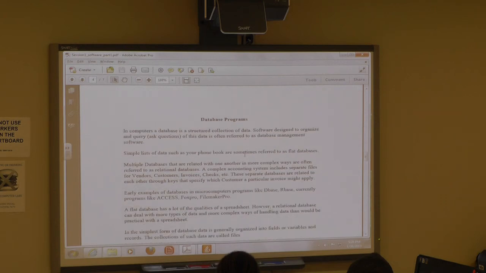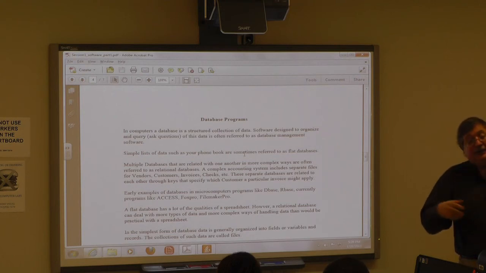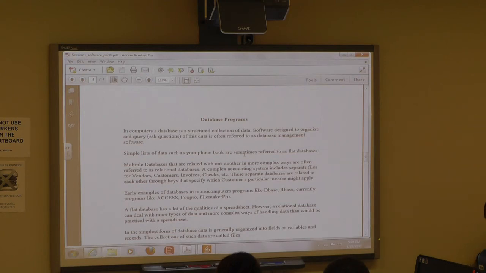The next thing that we're going to get involved with is databases. Databases are simply programs that organize information, that keep lists and data, or give you a chance to sort and organize it and access it quickly and efficiently. Excel, as a spreadsheet, in some ways has properties that allow you to use it as a database. SPSS has some properties that allow you to use it as a database to organize data and find data quickly.